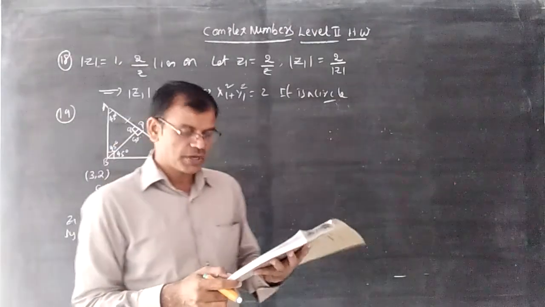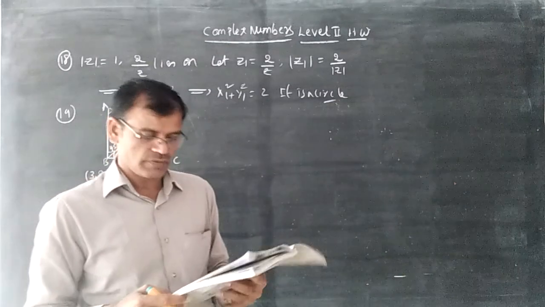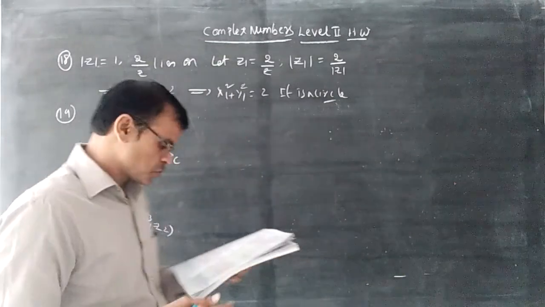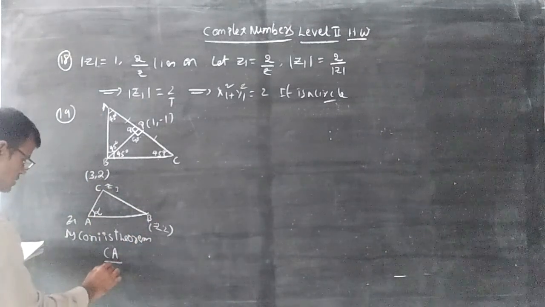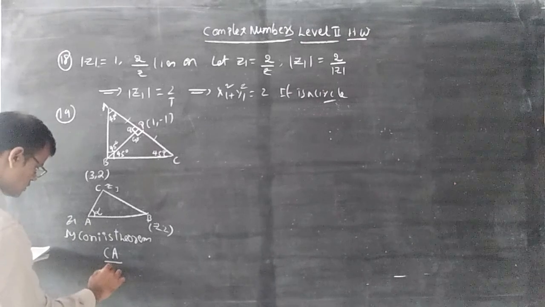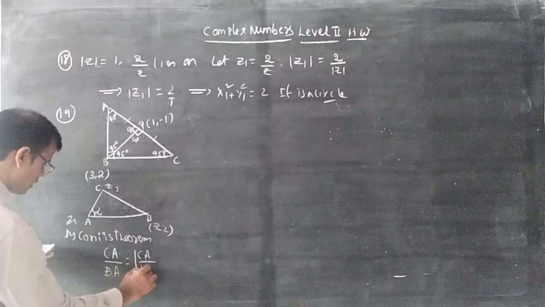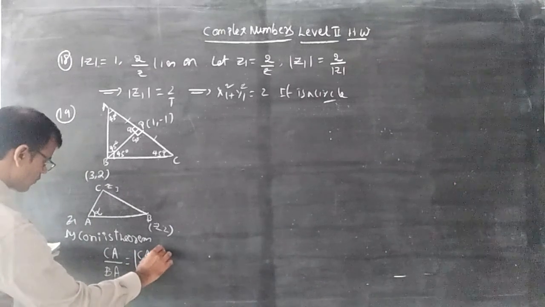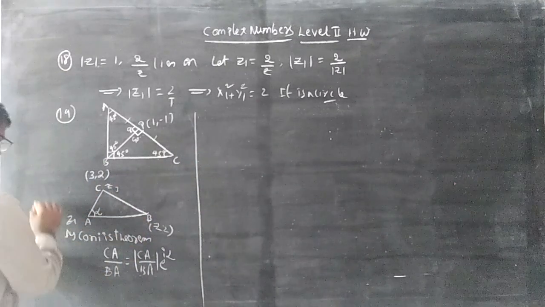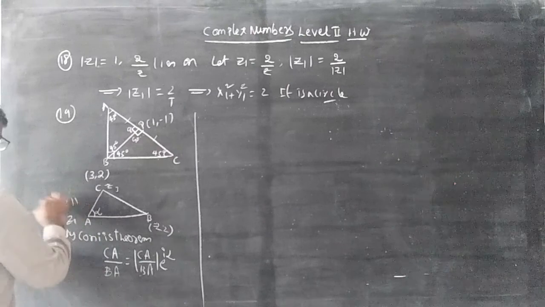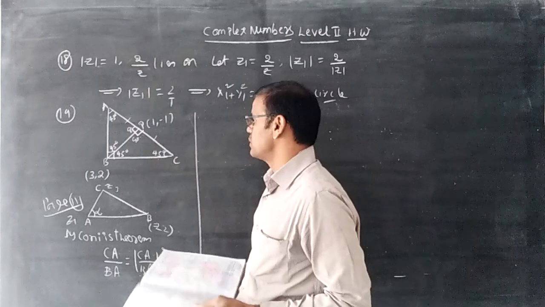Observe the statement: (Z3 minus Z1) by (Z2 minus Z1) is equal to modulus of (Z3 minus Z1) by (Z2 minus Z1) into e power i alpha. So CA by BA, like this, (Z3 minus Z1) by (Z2 minus Z1). So write like this: CA by BA is equal to modulus of CA by BA into e power i alpha. This is the Coni's theorem, page number 11. Theory I said. Now apply the Coni's theorem for BP and PA.